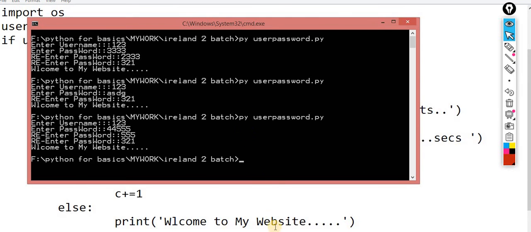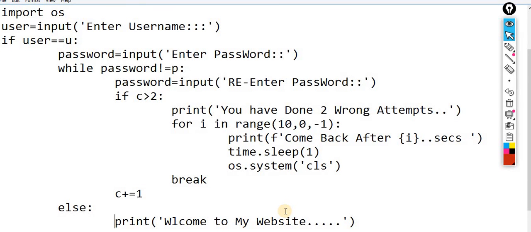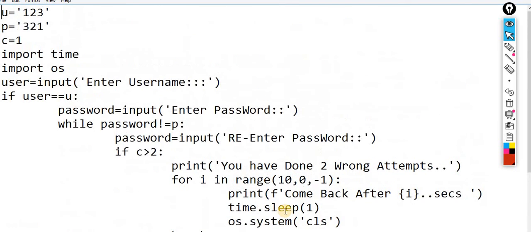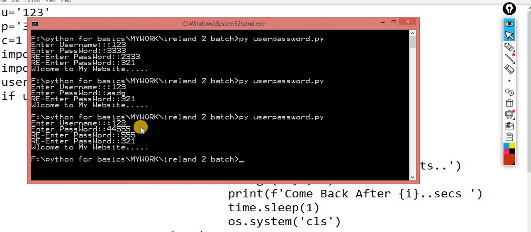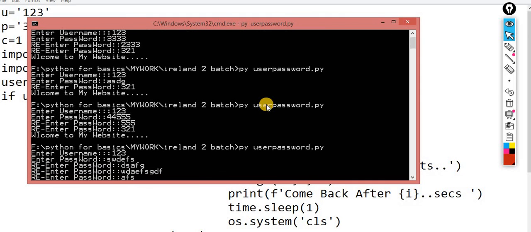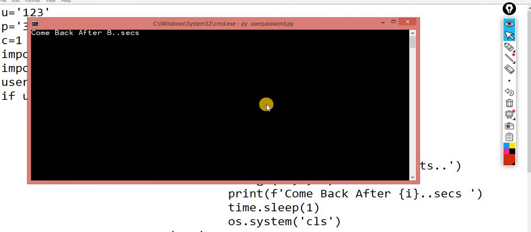I showed you how exactly this works. I know you guys won't understand it in one shot. Kindly watch this video on repeat and try to make it more generic. For example, here is what exactly is happening. If I make wrong attempts, now it is giving me 9 8 7 6, and after that it's okay. Now I am coming out from the entire scenario.